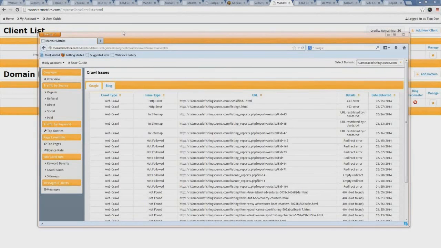Which is not a bad idea with getting your foot in the door if you've got a client or a lead that's saying, hey, I'm not sure if I'm wanting to move forward with this. I think I need some time to think about it. And you say, all right, well, you know what? I tell you what. You give me $100 just to set up your tracking and monitoring on what's going on with your site, and I'll just charge you $25 a month, and I'm going to send you an email once a month, and I'm going to check in on your webmaster and check in on what's going on,